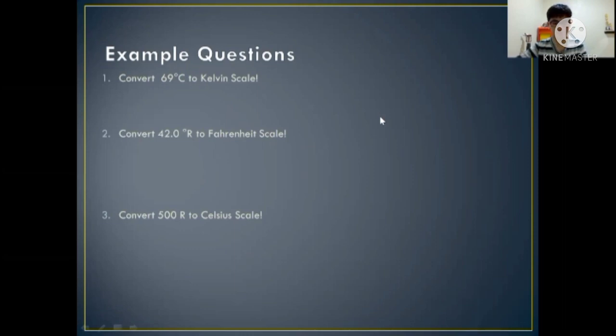How will we answer it? So if you may, you can get your notebook or maybe some paper and write just like what I will say now. Now, to convert 69 degrees Celsius to the Kelvin scale, you need to write the formula first, given that